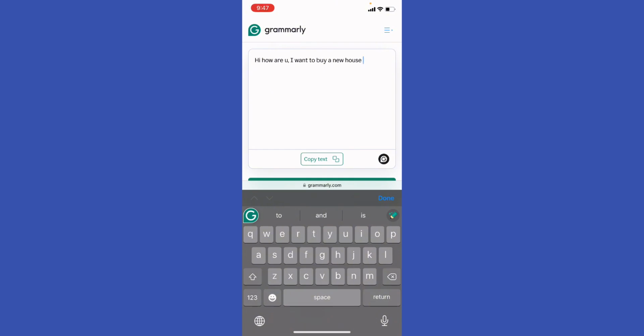And then you're gonna analyze the word choice, right? And I want, for example, to talk to you, right? And you can see right here the auto correction. You can go ahead and choose the correct word, right? And after analyzing the word choice and sentence structure, you're gonna read it again. "Hi, how are you? I want to buy a new house and I want to talk to you," right? And you're gonna see,